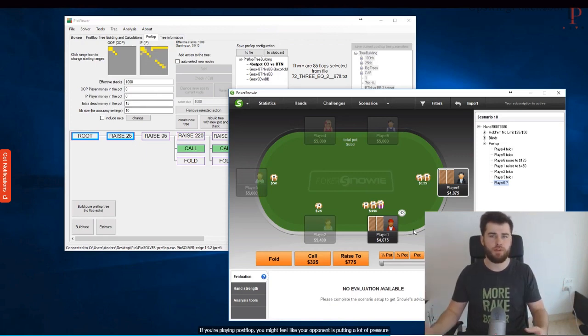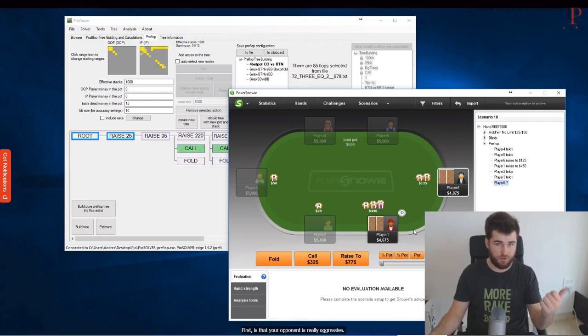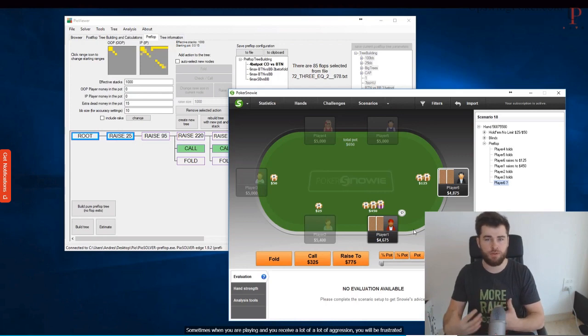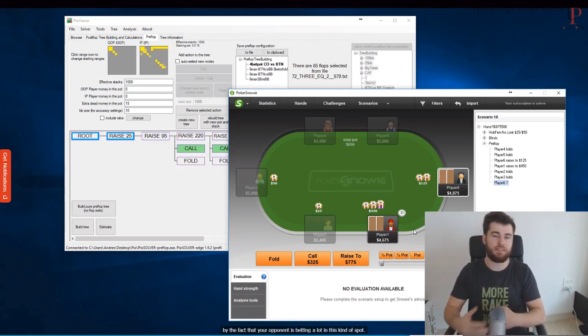If you're playing post flop, you might feel like your opponent is putting a lot of pressure, and it might happen due to two main things. First, your opponent is very aggressive, or your opponent has no bluffs in his range. As it's really tough to determine which of both is happening, sometimes when you receive a lot of aggression, you will feel frustrated by the fact that your opponent is betting a lot in this kind